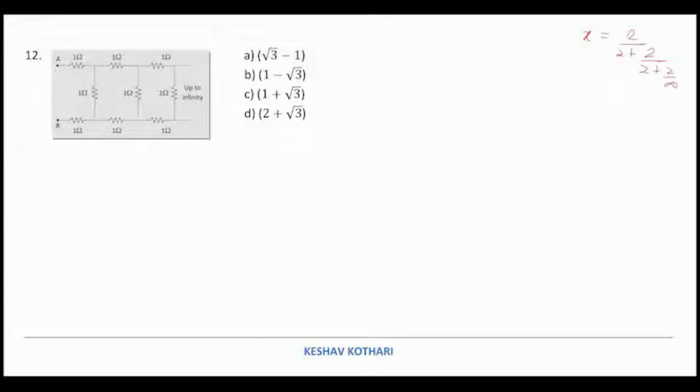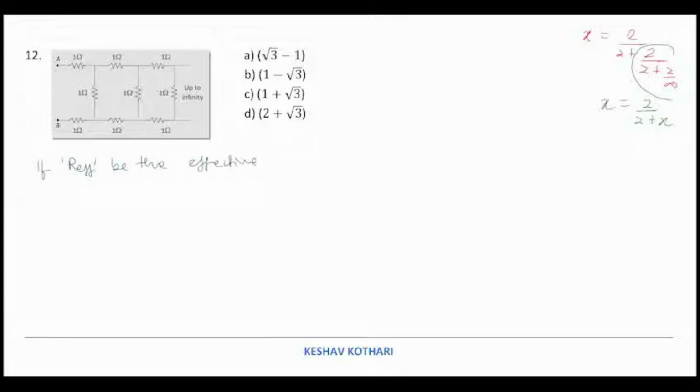Whenever we solve this kind of a problem, we replace this segment and then we treat it as x. Why? Because removing these two is not going to affect the quantity which is going till infinity. So we write it as x is equal to 2 upon 2 plus x. So from here we can say that if the effective resistance R effective be the